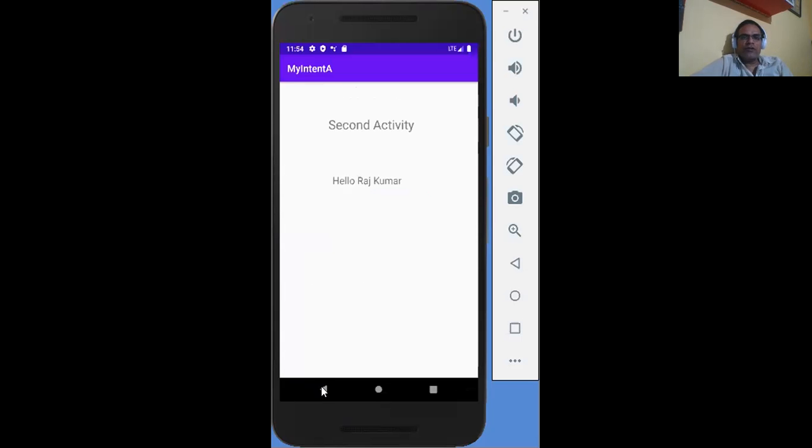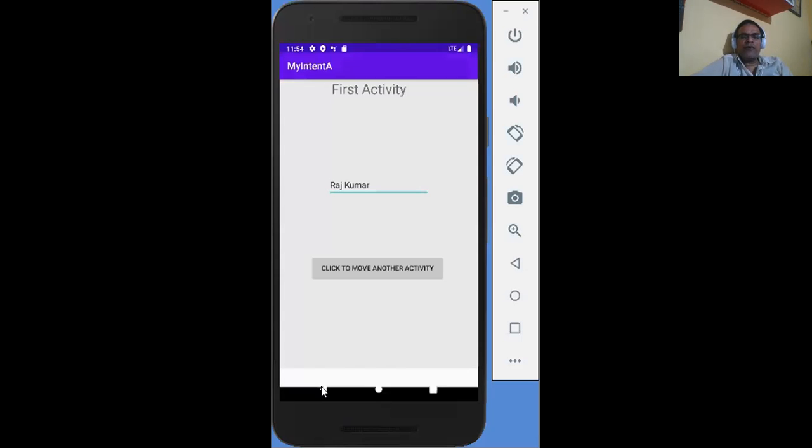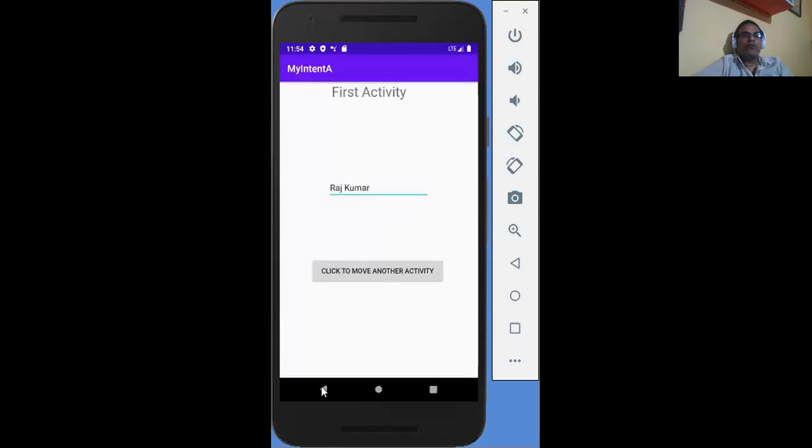So you can see we move from one activity into another activity, and we also pass some message or text from one activity into another activity. If you change this name, and here we use the virtual keyboard, not the physical keyboard.